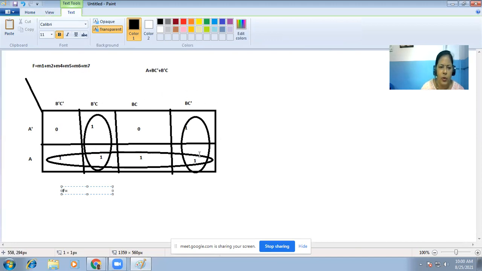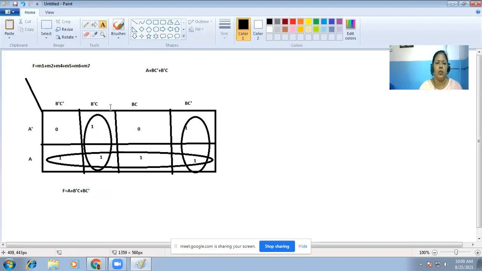So corresponding to this loop, we are getting A, plus corresponding to this one, we are getting B bar C, plus corresponding to this loop, we are getting B C bar. So this is your simplified expression.